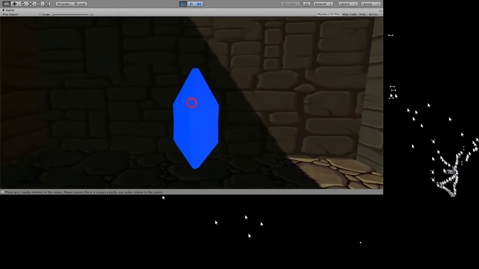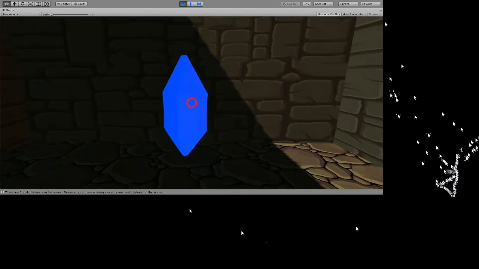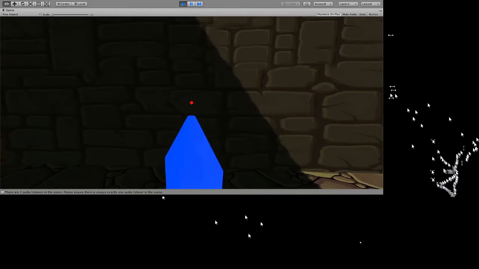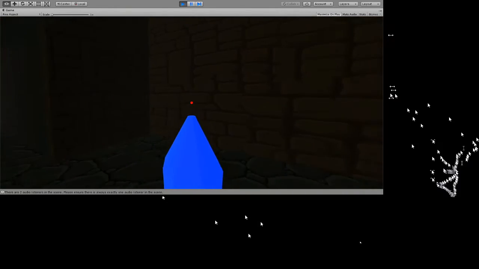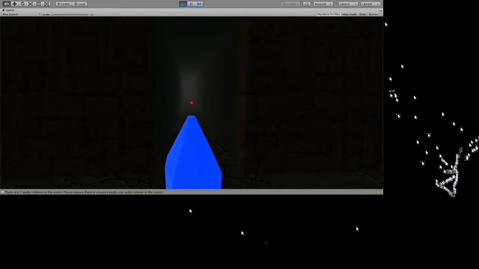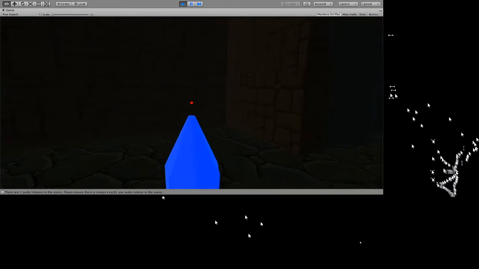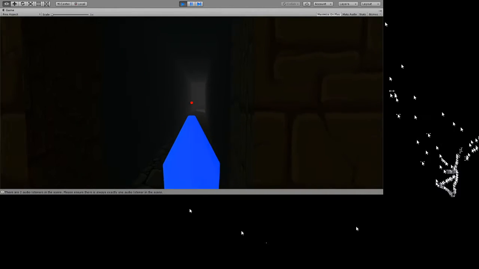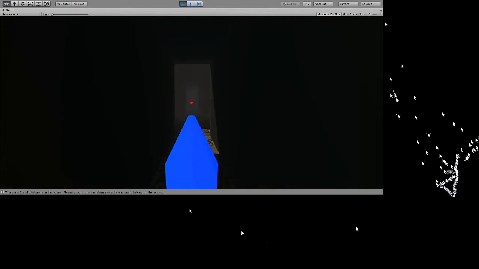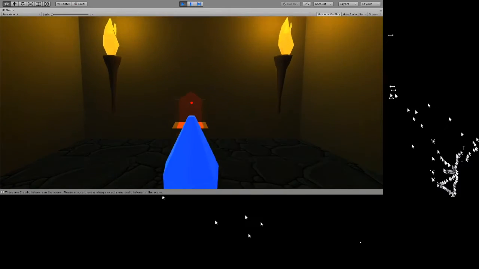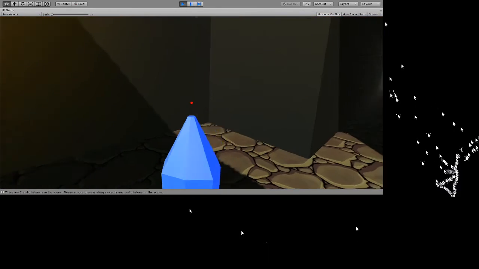If this was a full game, this would maybe be the key for your game. And what do we do when we interact with it? Oh, you actually grab it. So we have a jewel, and we can move around with this jewel in our hands. I would guess that if I take this to here,